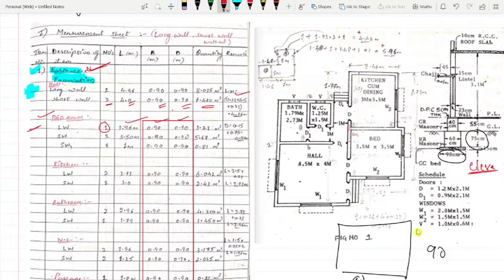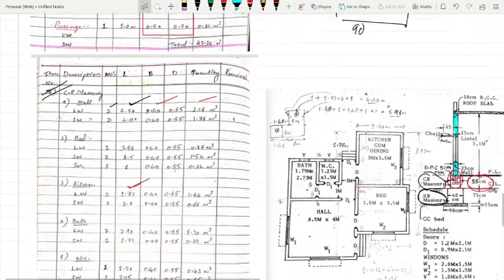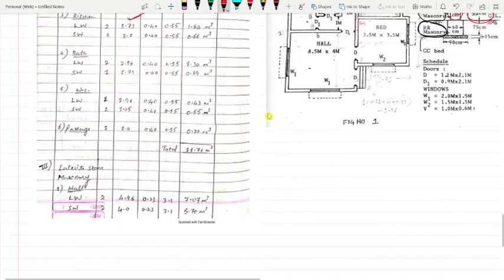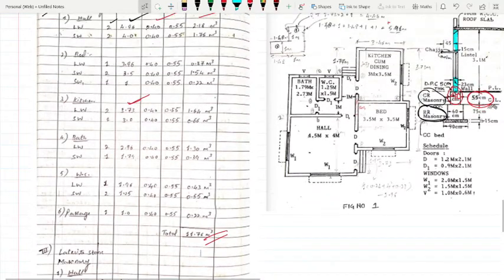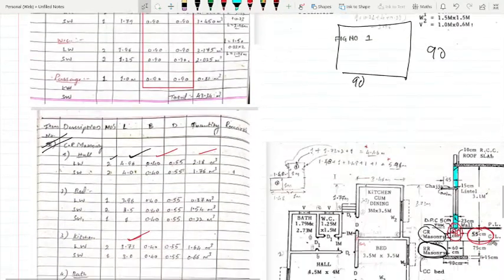So I think you understood this. Up till here we'll skip, and here also we'll see once again. Laterite stone masonry. So just see what this laterite stone masonry is; it will come at the top here.